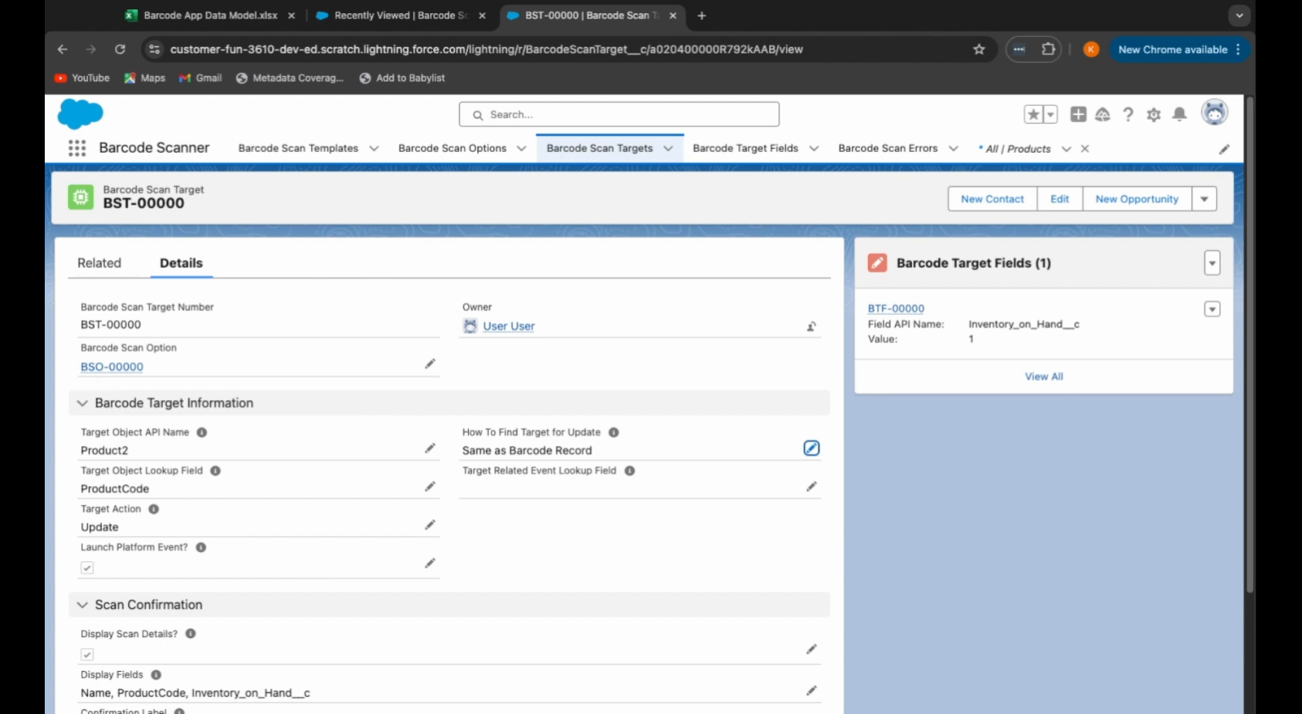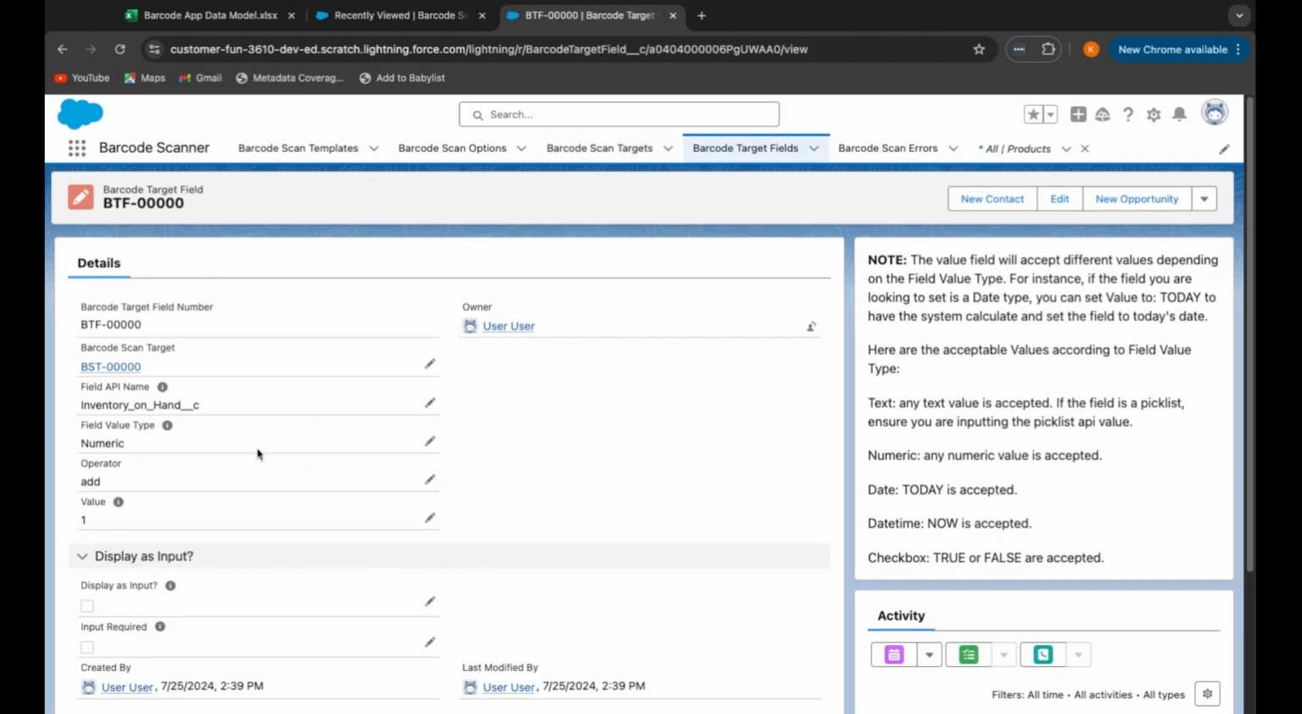So how do I define what fields I want to set on the records being updated or created? That is done under another related object called barcode target fields. Here, I am only setting one field within this target. This is a custom field that we have, inventory on hand, plugged in here. For the field value type, we know that this is a number field, so we say numeric. And for operator, I chose add, so I am adding a value of 1 for this inventory on hand when